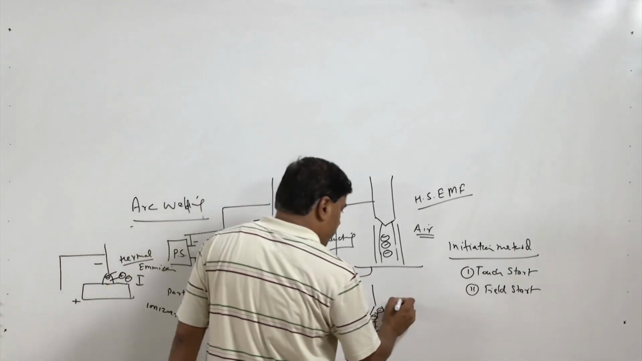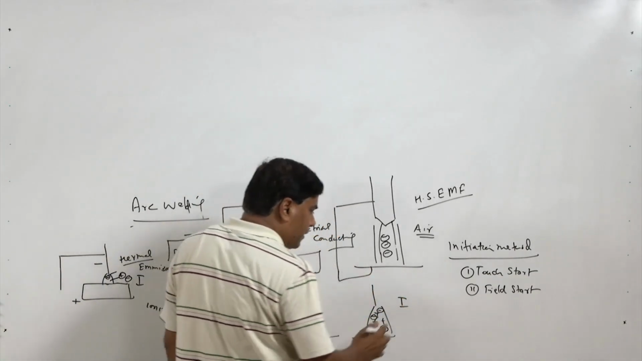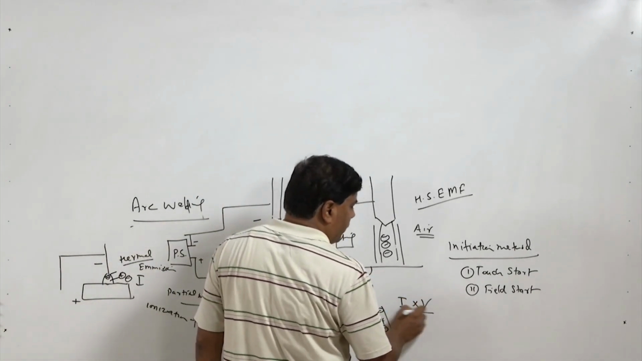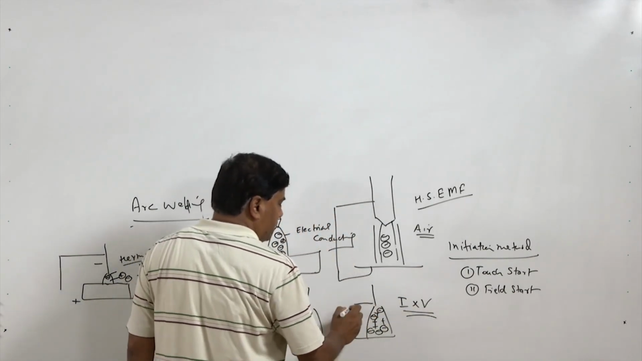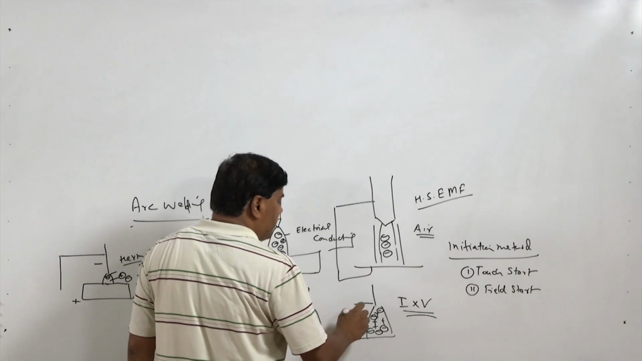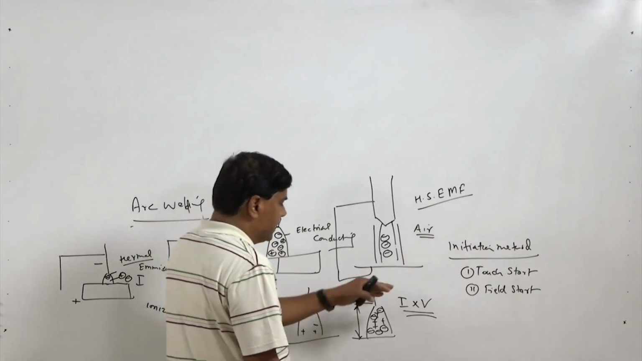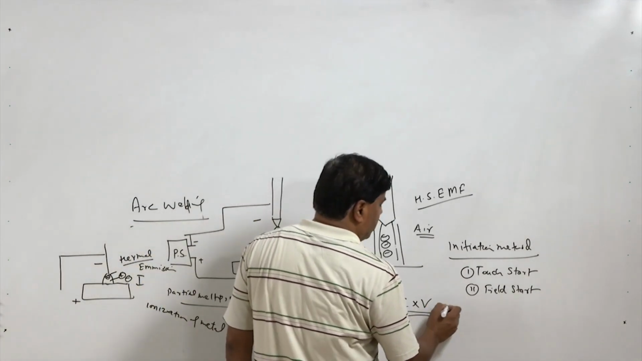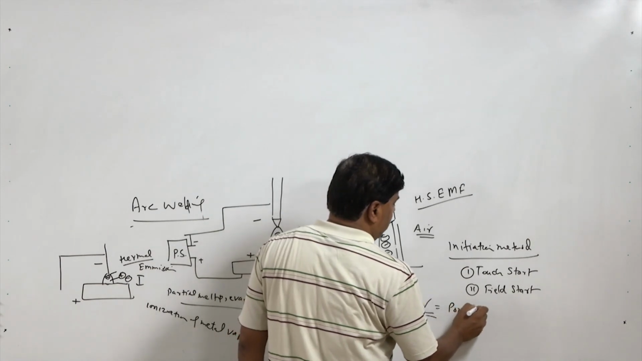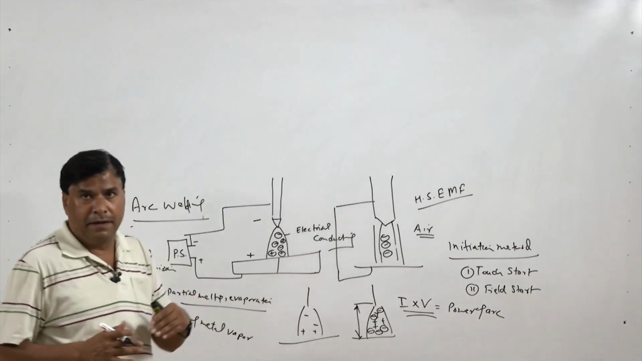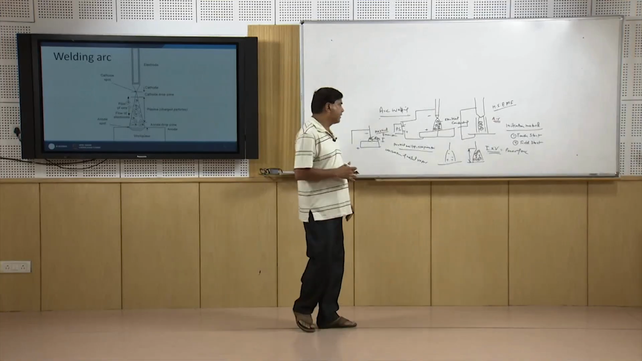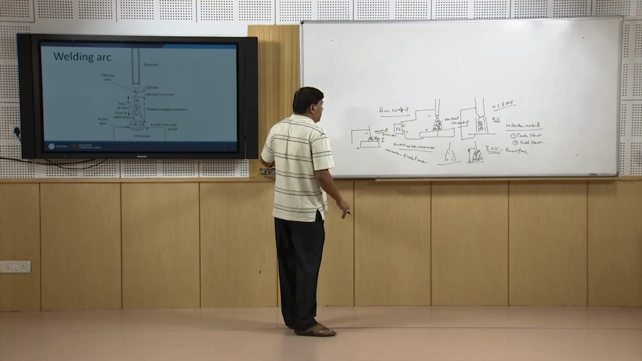The flow of current through the arc is the welding current, and the potential difference, that is the difference between the electrode tip and the workpiece, is the arc voltage. The product of these two gives us the power of the arc, and this power of the arc helps in generating the heat desired for the melting of the workpiece. So, there are two